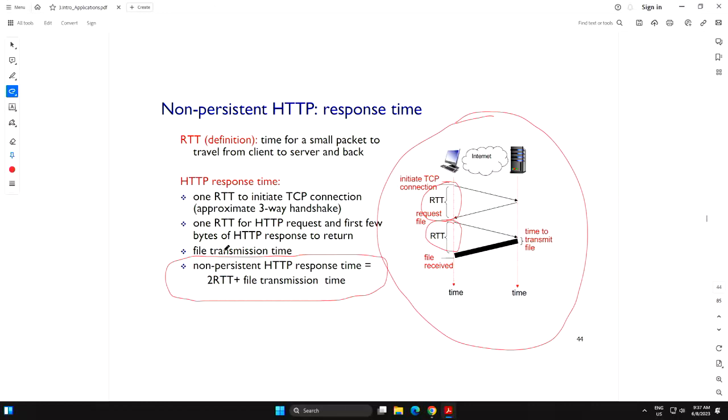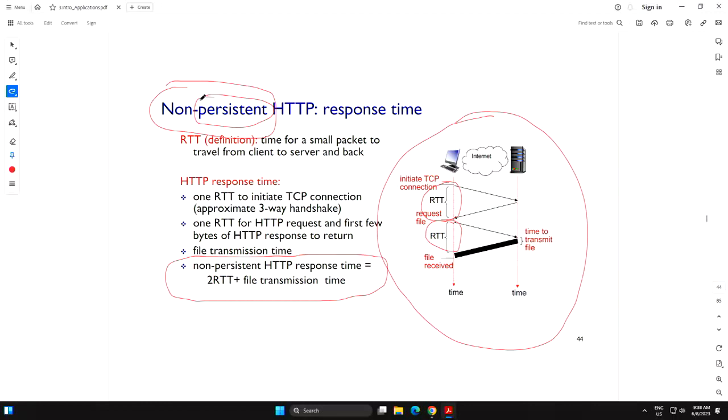One thing I have not done yet is to explain what is non-persistent, but then I have to explain what is persistent. Now, with TCP, if you open a connection, at some point you have to close it. You can't leave the connection open forever.